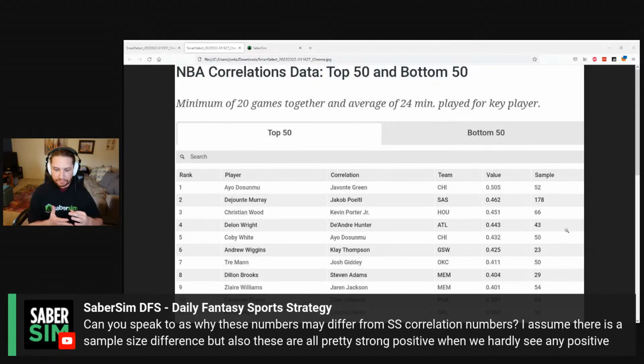What feel like big sample sizes in terms of real time can actually be very small sample sizes in terms of the total amount of data points. It's very easy to imagine a situation where DeLon Wright and DeAndre Hunter, out of a 43-game sample size, generally play games that happen to play at a higher pace or go over the implied total, giving the implication that they have a coefficient of correlation of 0.44 or something like that, just because the games have tended to play at a higher pace.